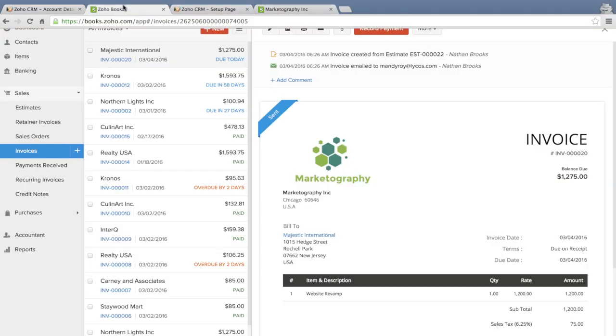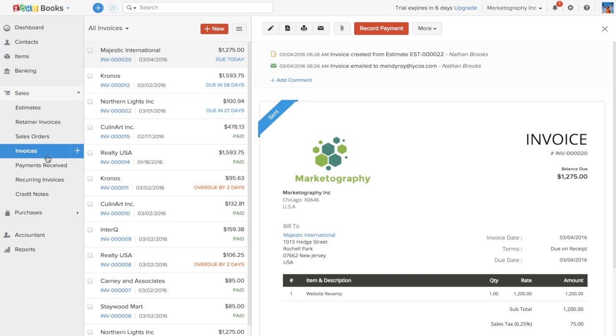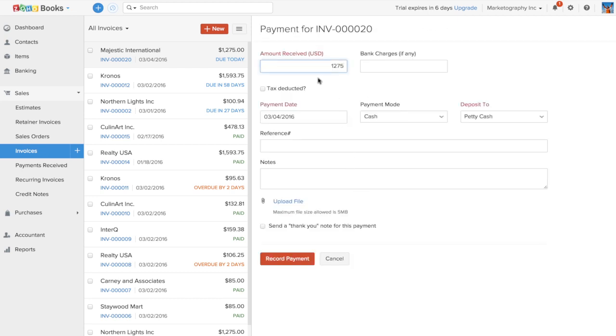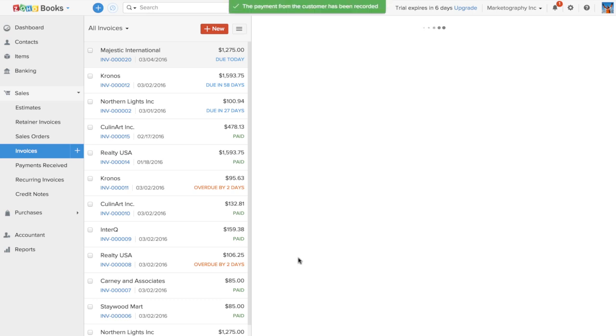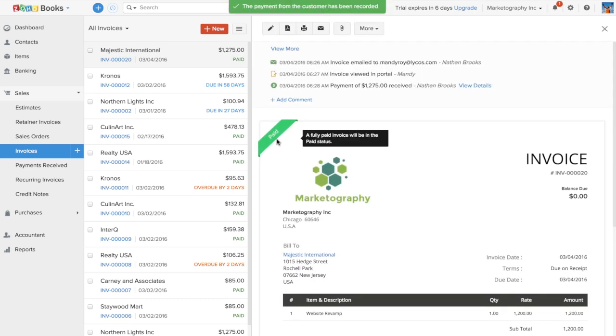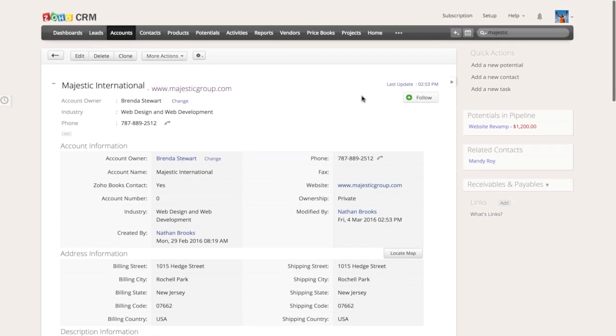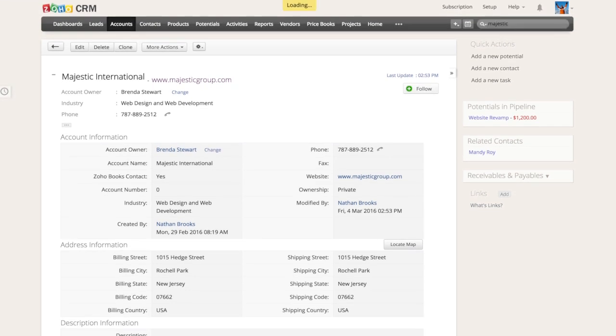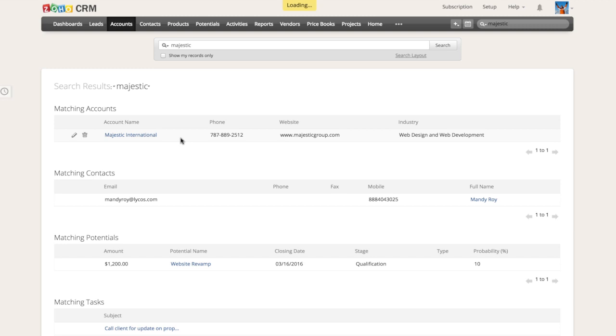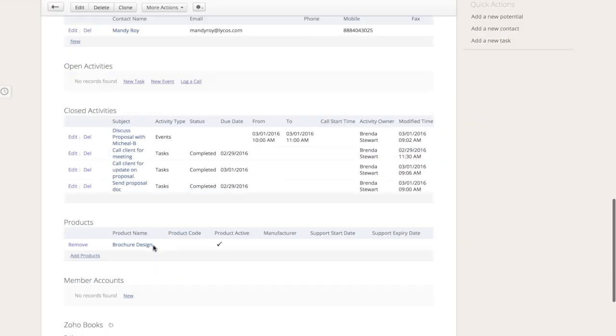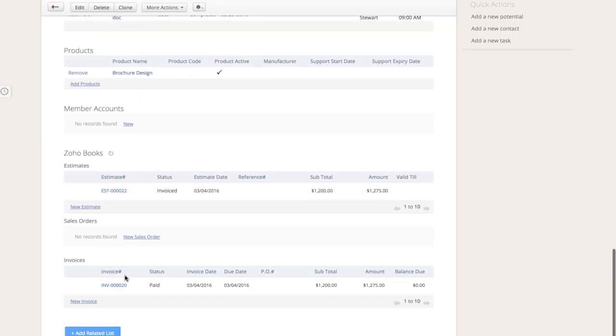And you'll see the status is in the sent status. Now when finally the finance team receives the payment from the client via check, they are going to go back into the invoice and record the payment. Payment has been received via check, and they'll just record the payment, and the invoice will be in the paid status. Now in the CRM app, how does it look? When the salesperson goes back to the account, they'll scroll down and they'll see that the invoice is in the